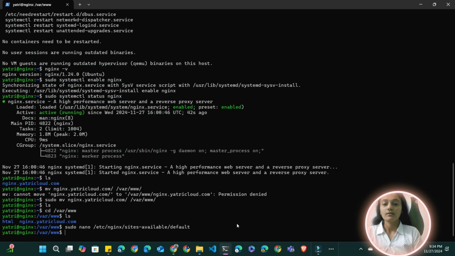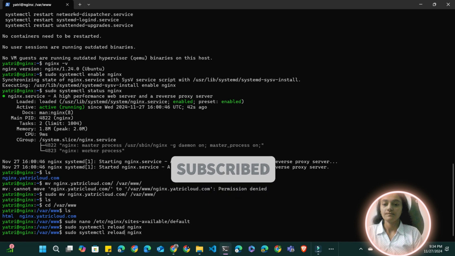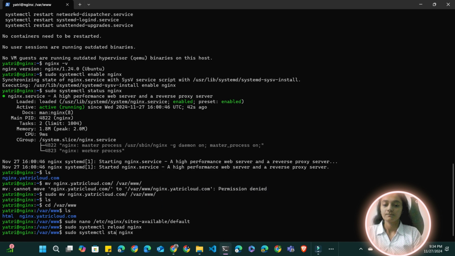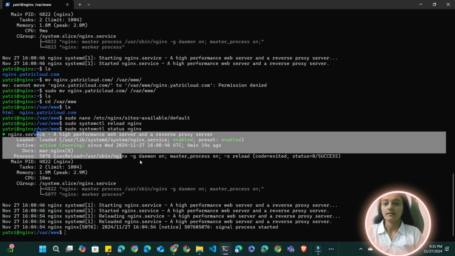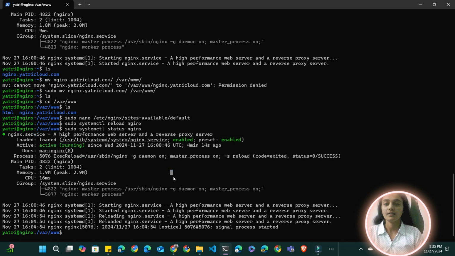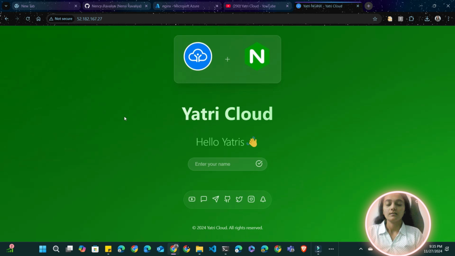Now you have to reload nginx. Use this command sudo systemctl reload nginx and hit enter. Okay, now check the status again. Yeah, it's currently active and running. Okay, so here is our web